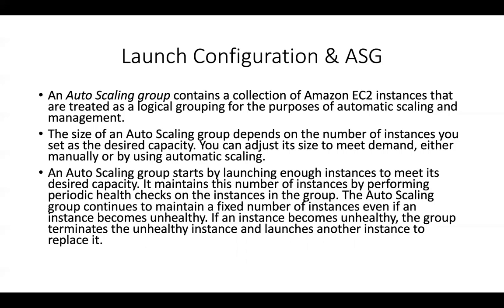But if the CPU utilization is greater than 80%, I can go ahead and launch 2 more instances to my auto scaling group. So then which launch configuration is it going to use? The same launch configuration that you associated with the auto scaling group. But at all points of time, the auto scaling group will maintain the desired capacity. So if you mention 4 EC2 instances to be your desired capacity, it is always going to try to maintain those 4 EC2 instances.